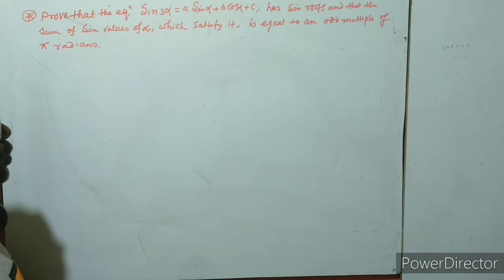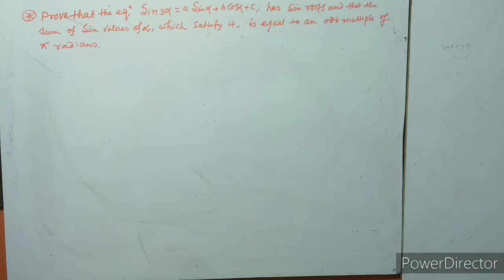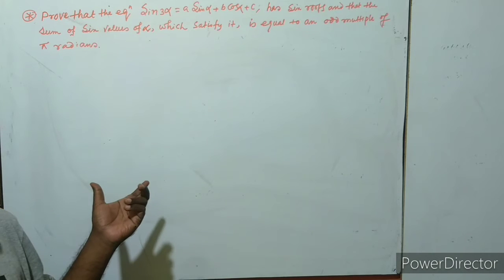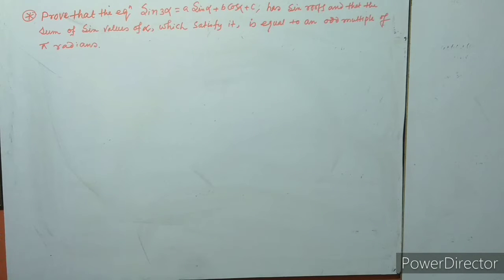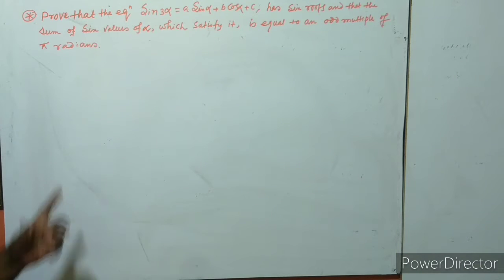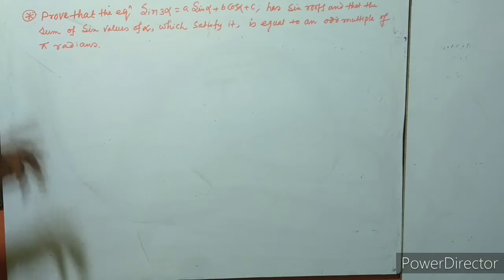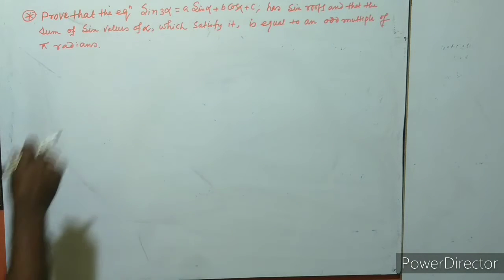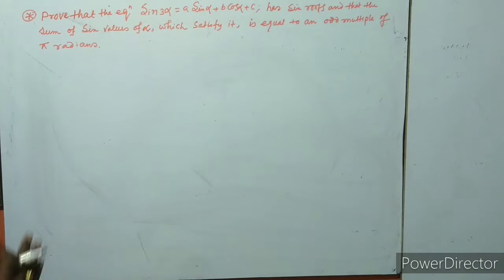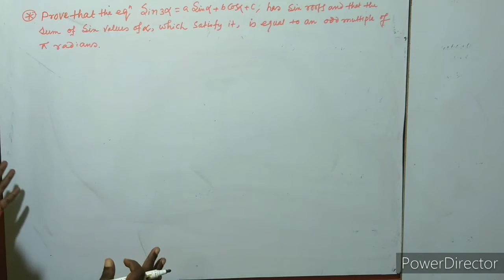Okay, so in my previous video, in the last video on complex numbers, there was a discussion about the tan expansion which I introduced. So see carefully the expansion of tan of sums of angles. Using this formula, we can solve this and want to show that the sum of the solutions of α is equal to an odd multiple of π radians.